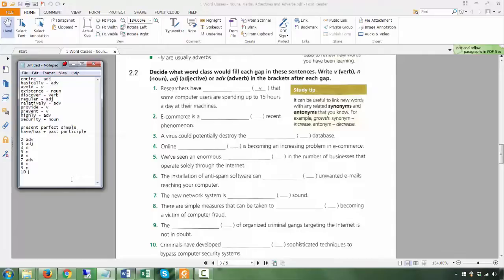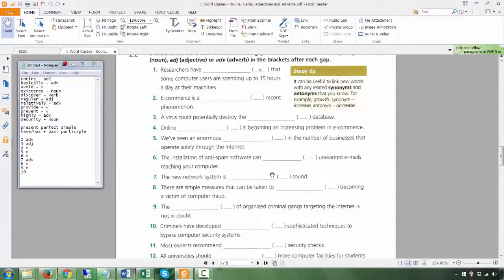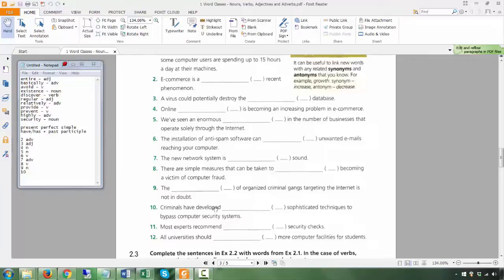10. Criminals have developed something, right? Criminals is your subject, have developed is your verb, present perfect simple tense again. Something is a noun. Okay, the object's always a noun, but where is your noun? Is this a noun? No, it can't be a noun. Then what is sophisticated? It is an adjective. Techniques is a noun. So actually this is just like